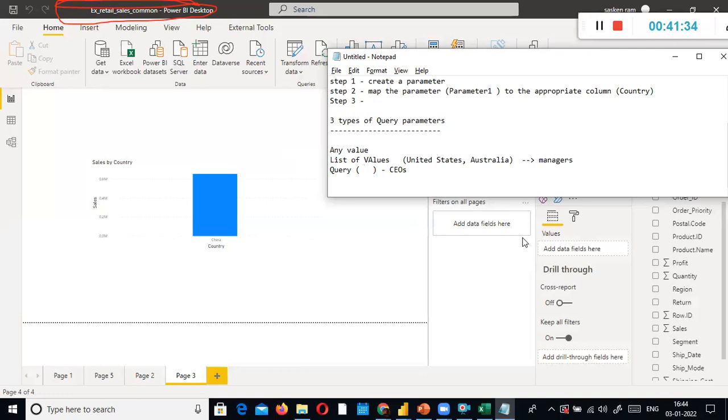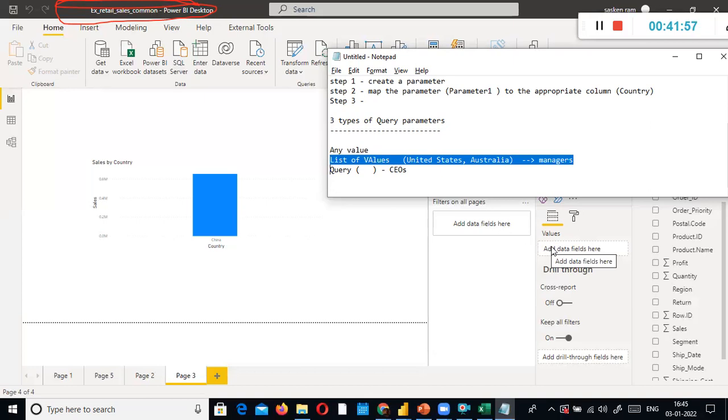Because I am the owner of the company, I should be allowed to view the sales across the globe. I should be able to see all the countries. In that case, you can give the query parameter. In the case of marketing managers or regional managers, they can see only the specific country related data. So list of values for them.